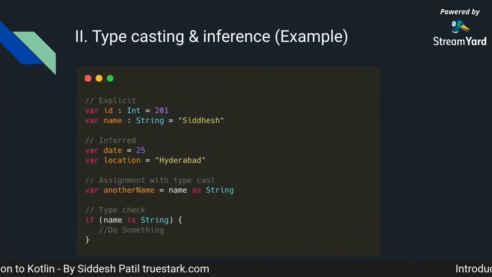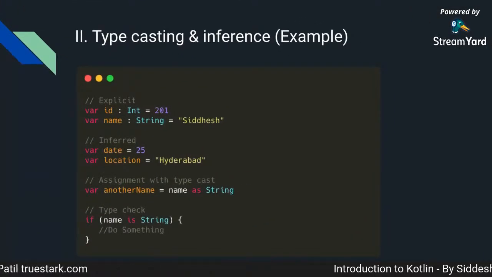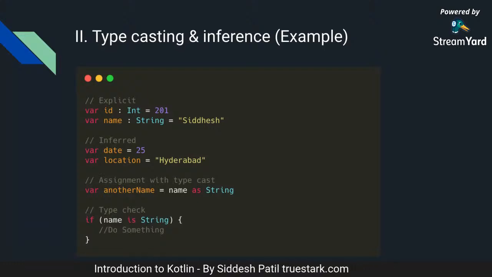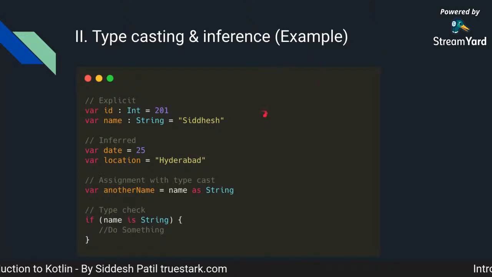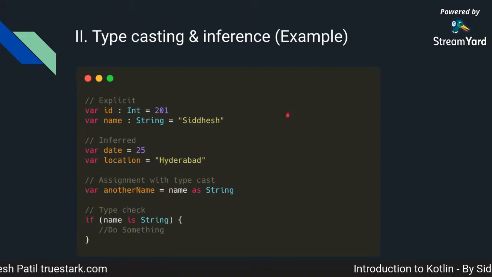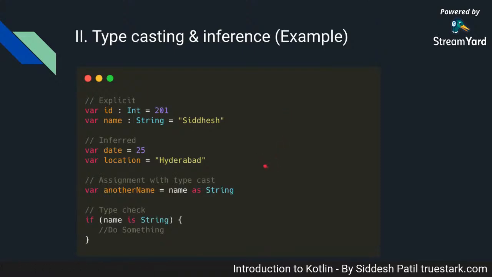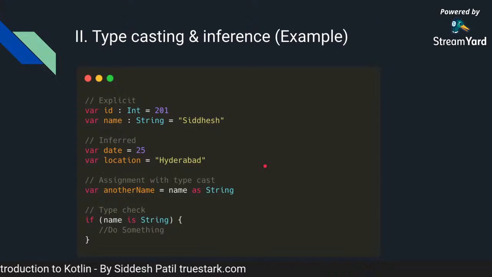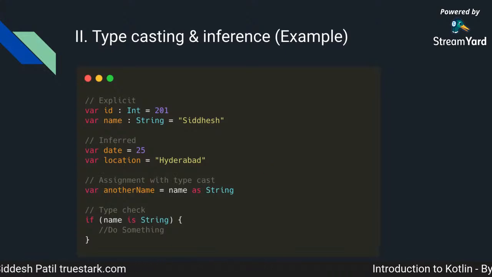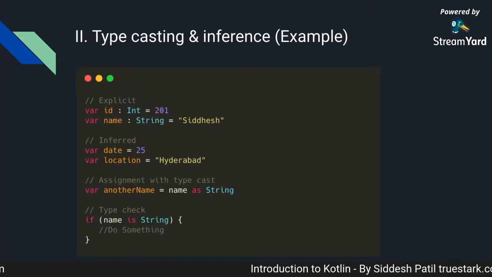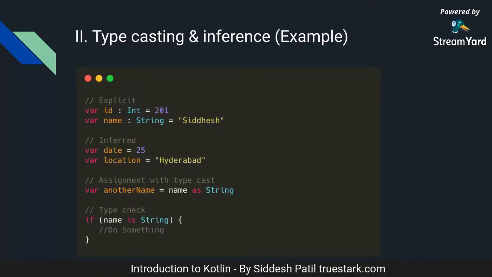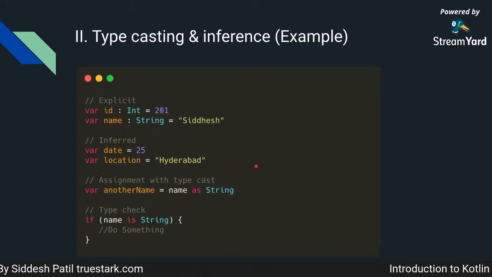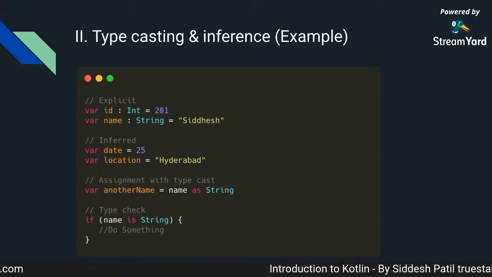Okay, so with type inference, what I mean is you can just have a type specified when you declare something. So this first example talks about explicit declaration, and this next example is inferred. Here, if you notice the last example also, we did not specify that it is a string or an integer. The compiler figured it out. So this is what we call an inferred type. This is the freedom that Kotlin offers you while you make your classes, declare them, and use objects.